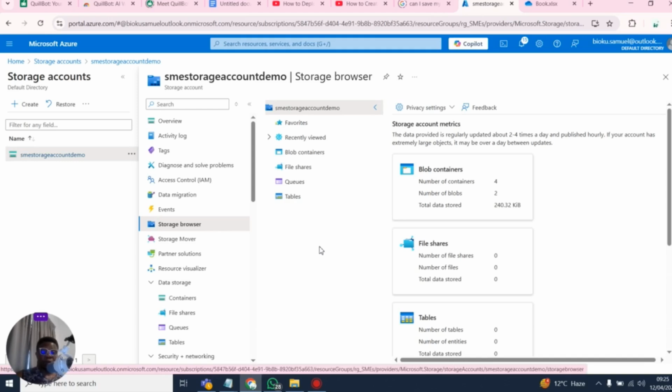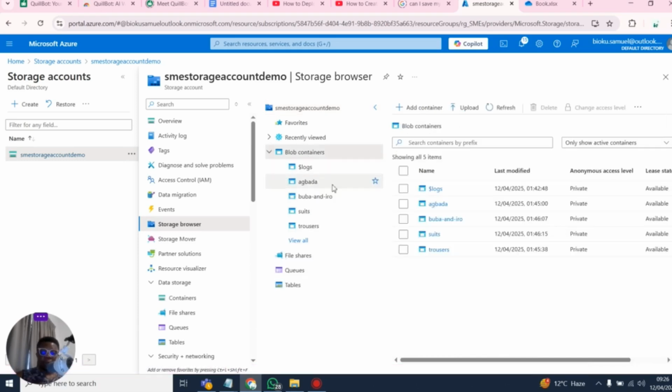Again, before shooting this video, I have created this storage account. I have put some data into it so that it will be easier for me to show you how you can take advantage of storage accounts in the cloud to quickly grow your business. So if I click on these blob containers here, you will see that I've got agbada, I've got buba and iro, I've got suits, and I've got trousers, right? So this way, I have been able to partition my